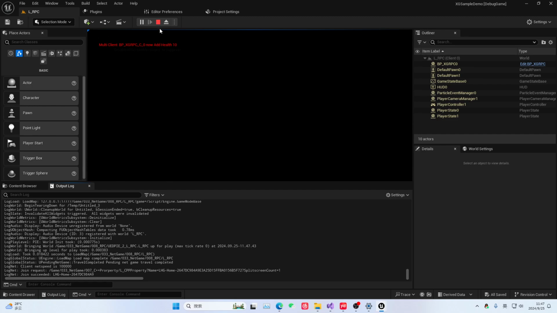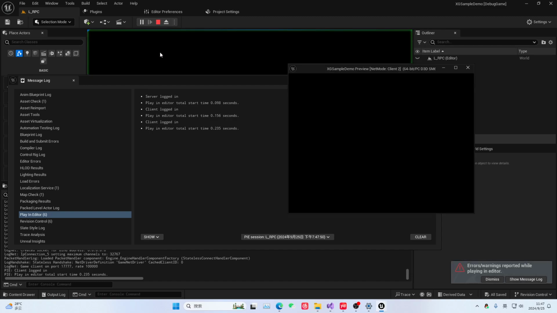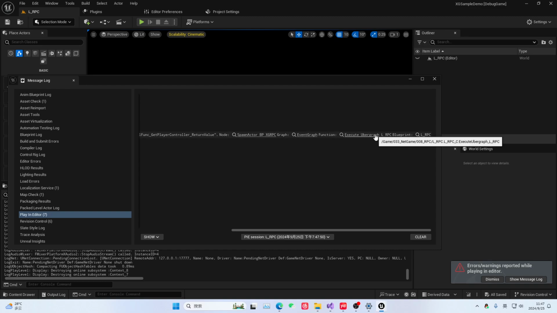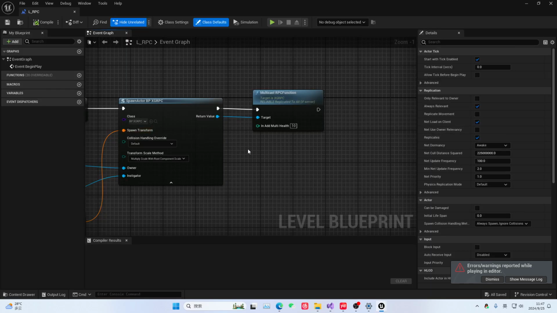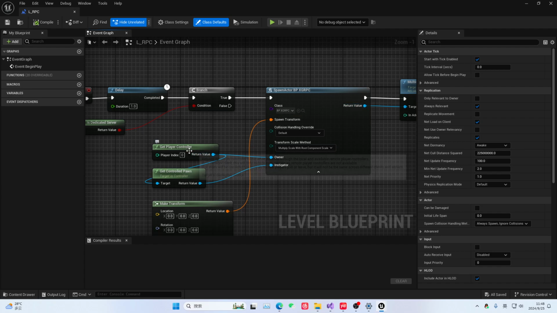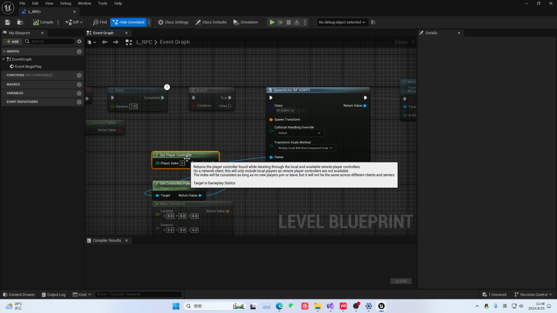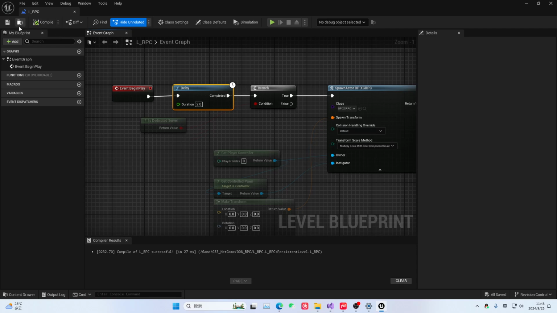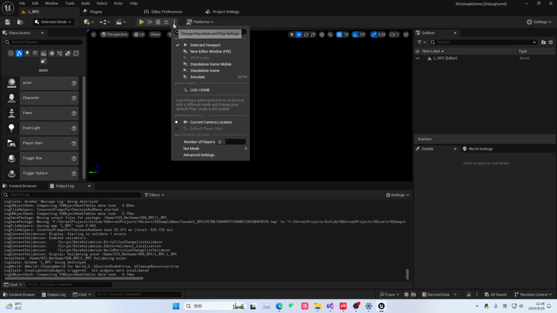No issues. Then pay attention to this place. It seems there is a bug here. Let's check what this bug is. Let's look at this log here. It actually accessed an unknown get player controller. It might not have obtained this player or this controller here. Let's extend the time a bit more. Let's try it again. You can see here